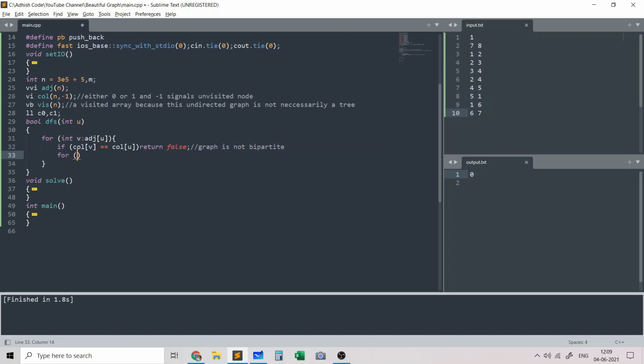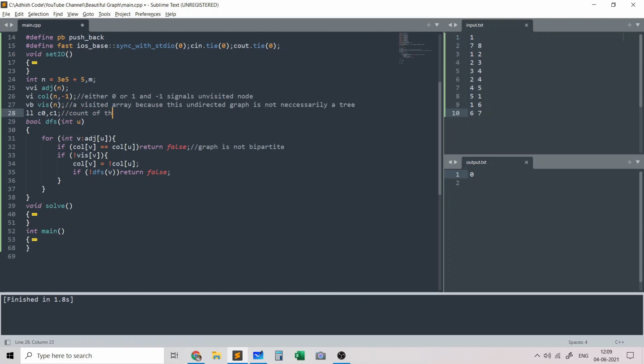Otherwise, I'll check if not visited of v, I'll call a DFS on v. So if DFS of v also returns false, then I will also return false because the graph will not be bipartite. But before I call DFS of v, I need to assign color of v to be not of color of u.